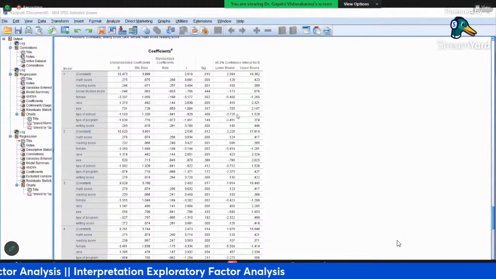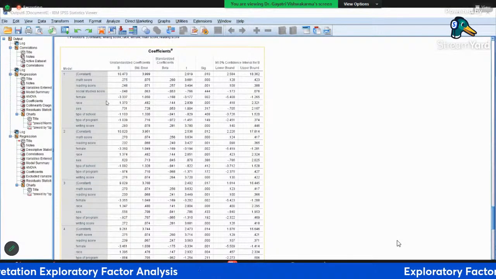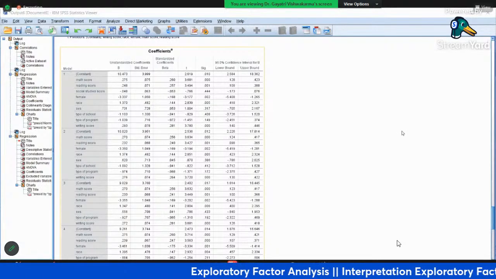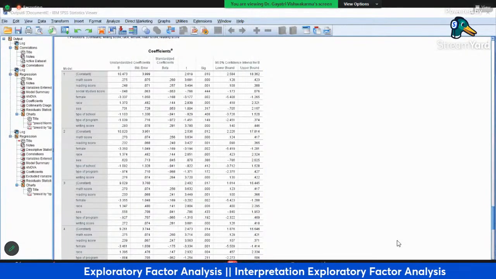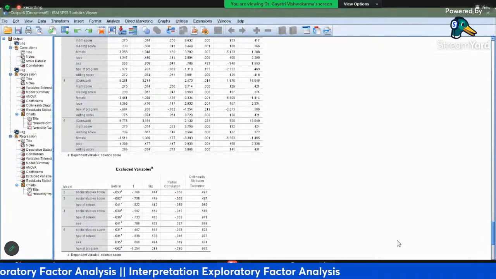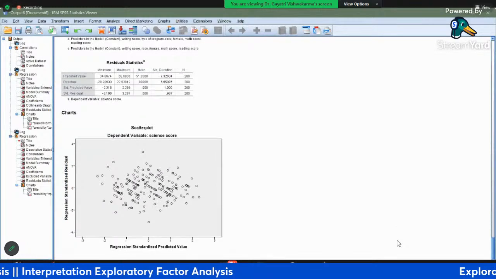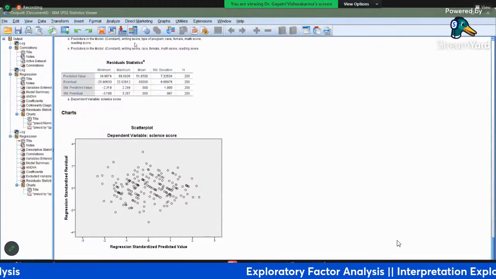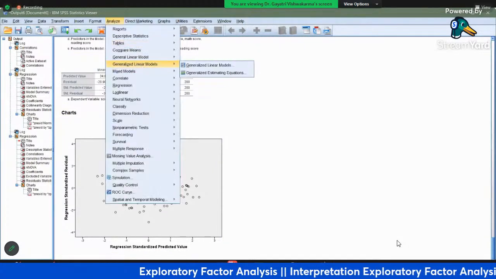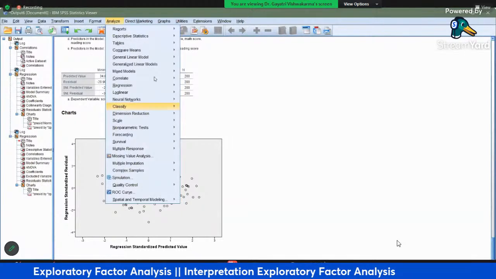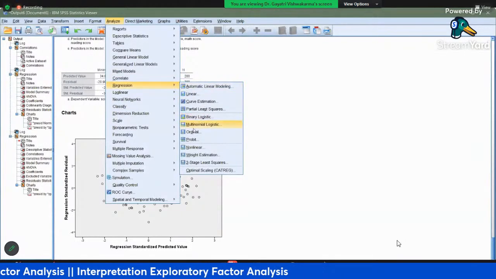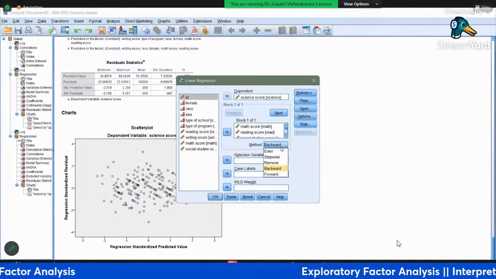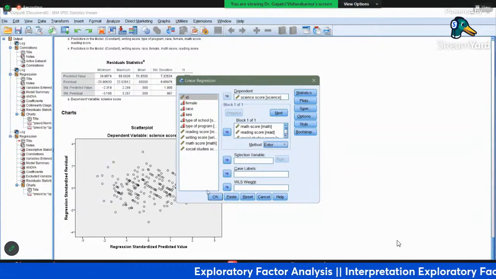So what we have to do, we have to use the enter method most of the time if you have got the technique in this. Because ultimately what you are looking for is the overall model, see homoscedasticity is also achieved here. So I'm going to analyze the same model based on the enter method, regression, linear regression. Where is linear? Yeah. And I'm going to use the enter method. This is the best method which I like.